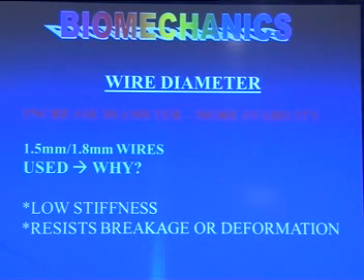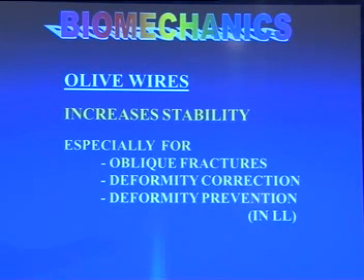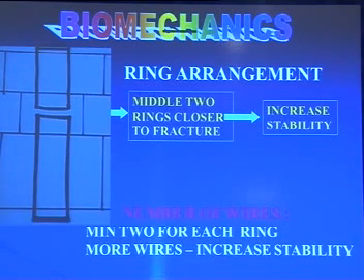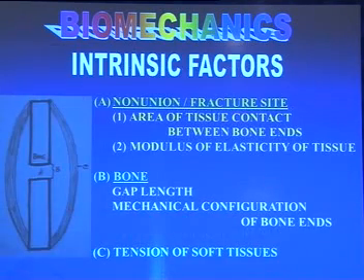And then the diameter of the ring. When you choose the diameter of the ring, you all know if you are closer to the leg, it gives you more stability. If the rings are very large, it doesn't give you stability. So you have to select approximately 2 finger breadths away from the skin. The olive wires, sir has showed you in deformity correction how to use them. The diameter of the rings I have just now showed you. The ring arrangement, just like any other external fixator, you should have one ring as close to the fracture site as possible and one ring as far away from the fracture site as possible. According to that, you have your preoperative planning so that it becomes very easy.